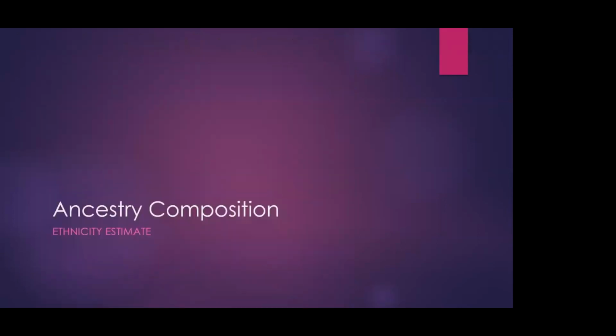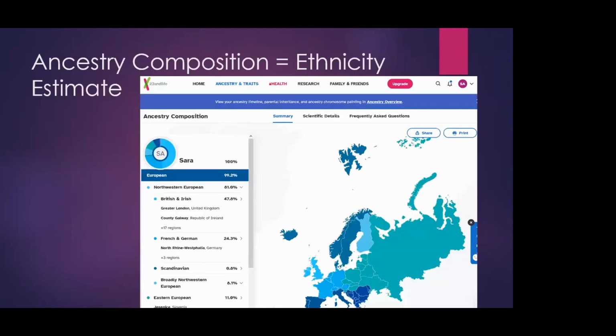So let's look at the ancestry composition first. There's a lot of different features that 23andMe offers. And basically, your ancestry composition is the fancy words that 23andMe uses to mean your ethnicity estimate. So if you had your DNA done at another company, they might call it an ethnicity estimate, and 23andMe is calling it ancestry composition. But it's basically the same format. You've got a pie chart, you've got your list of ethnicities and your percentages, and you've got a map of the world that highlights where those